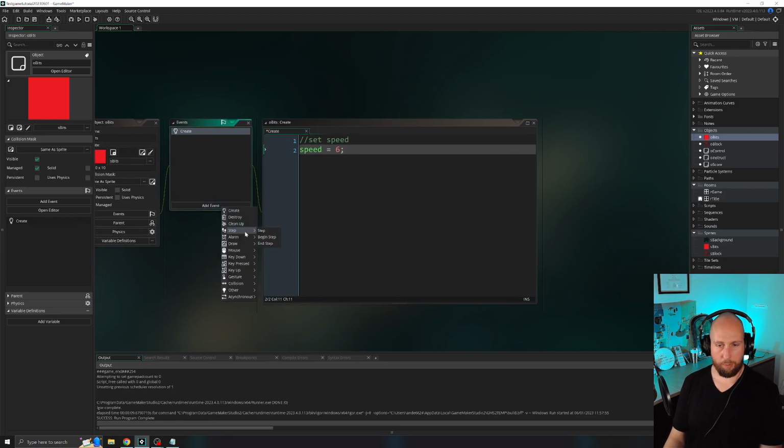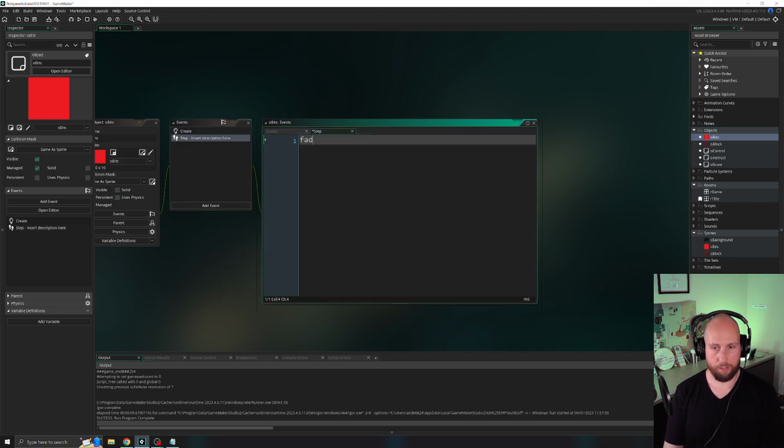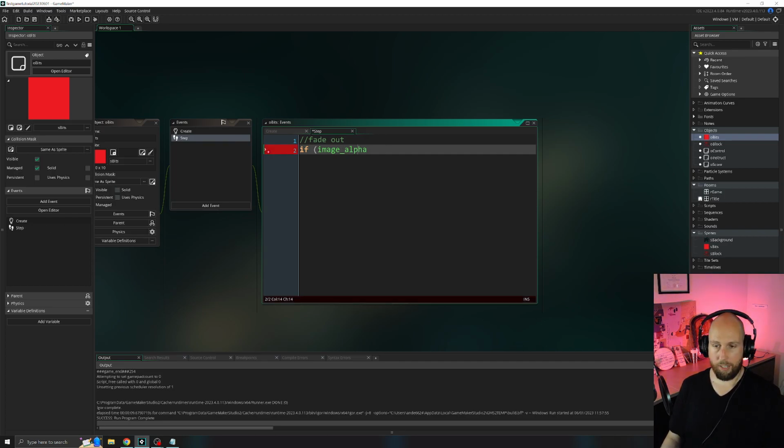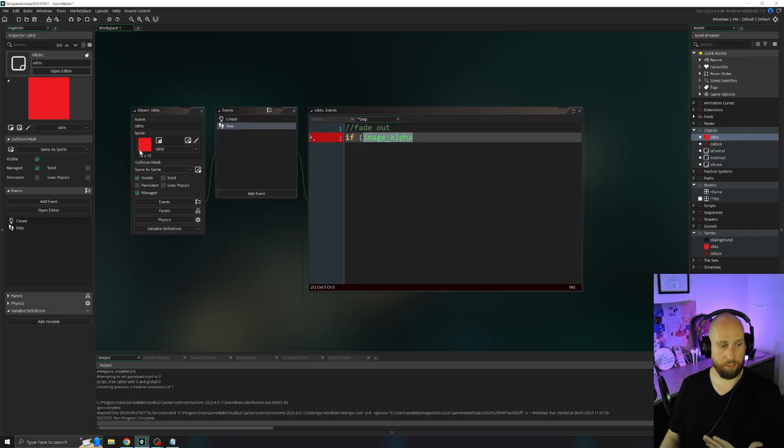Let's add a step event. Fade out. Oh, we need a comment line here. Double backslash, fade out. Now, condition statement. If image alpha, this is a built-in variable, a built-in property of objects. What this is, is how transparent the sprite is for our assigned object, and we can manipulate it and also check it. So right now it's going to check how transparent it is, and automatically all objects with sprites assigned to them have an image alpha of 1 automatically. So they're very visible. So we'll check, hey, if it is greater than 0,